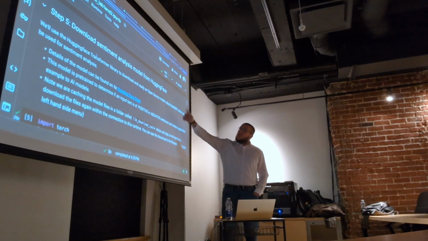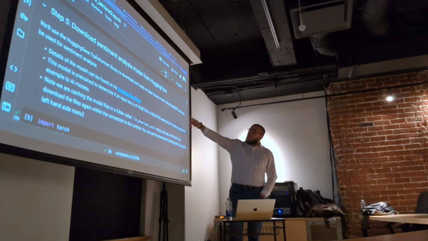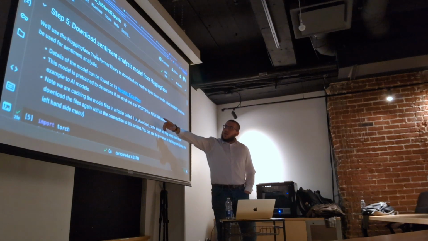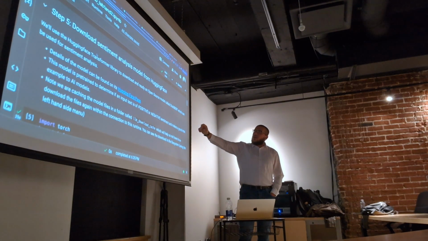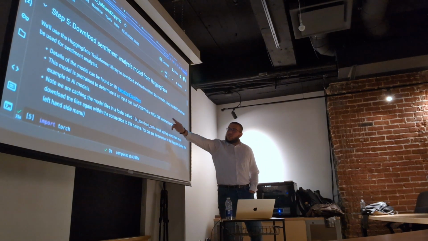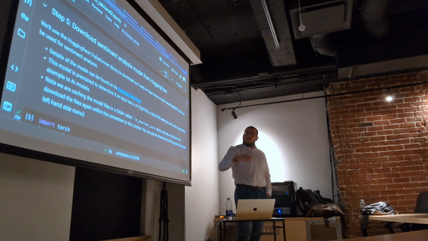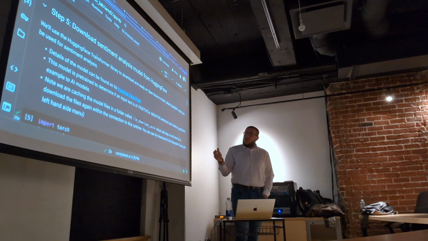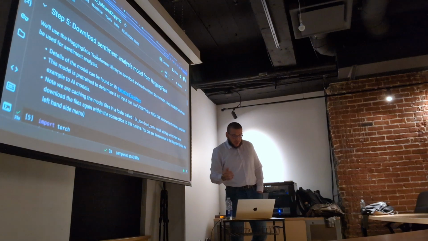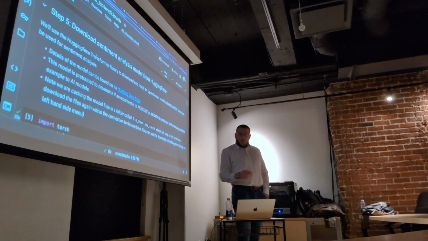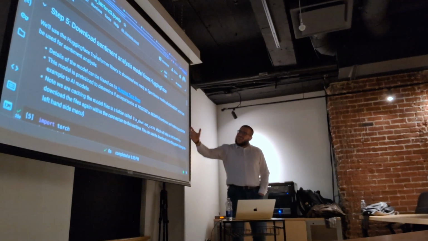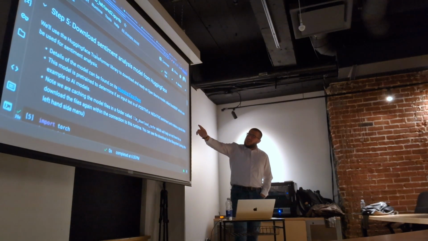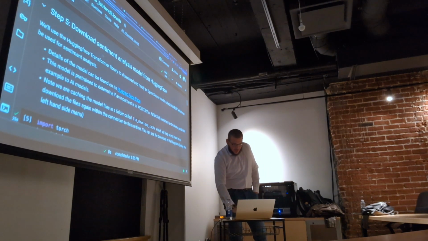We will download an LLM model, and this model will say if this sentence is positive or negative, the sentiment. As a human being, it's easy to determine if this is positive or negative. But for a machine, it's not easy to teach. To leverage that, we are going to use a Hugging Face LLM model.